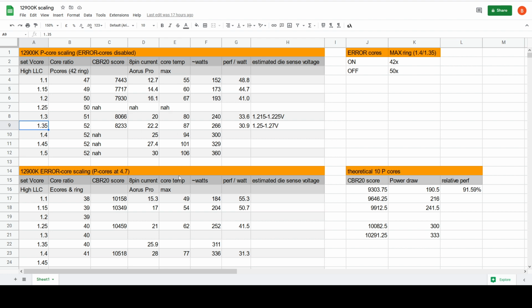But yeah, that's the scaling behavior. You're basically going to hit a brick wall, and that's that. You're either going to get the frequency you want at a relatively reasonable voltage, or you're not going to hit that frequency at all. So that makes things nice and simple, in my opinion. Now, if you care about efficiency, you want to stay below like 1.2 volts die sense voltage, I'd say, if you want good efficiency, because